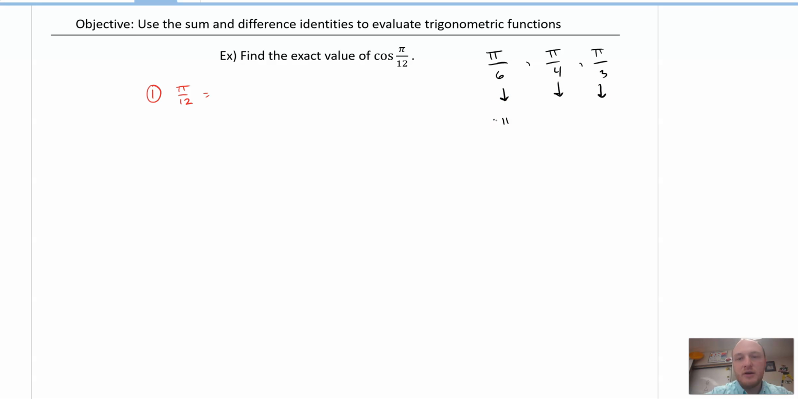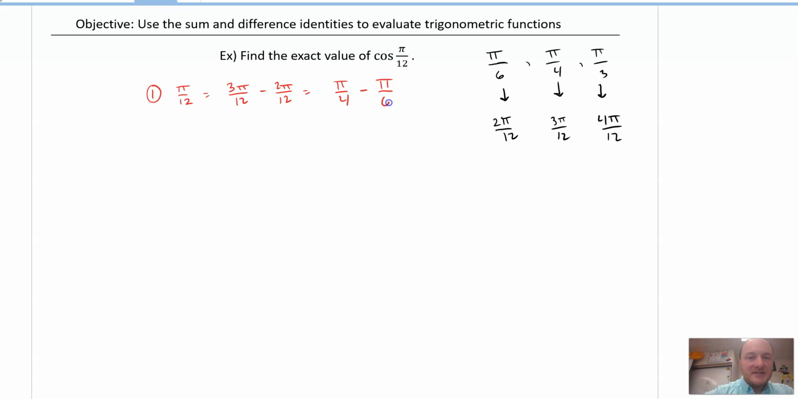So this would be 2 pi over 12. This would be 3 pi over 12. And this would be 4 pi over 12. Okay, and how do I get pi twelfths? Well, I could subtract any two of these, right? I hope you would agree that pi twelfths is 3 pi over 12 minus 2 pi over 12. And again, I could use 4 pi over 12 minus 3 pi over 12. That would be the same thing. But I'm going to use 3 pi over 12 and 2 pi over 12, and these just reduce to pi fourths